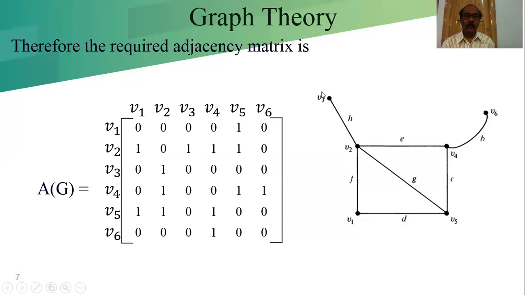Suppose there is a self loop in V3. I can draw it, you can draw also. So what would be V3? That means A33. This should be the 1 if there is a self loop. Then V6, that means 6, 6, will be 1 if there is a self loop. Similarly 1, 1 should be the 1. At any diagonal position, which is the intersection of that vertex with itself, there should be a self loop.